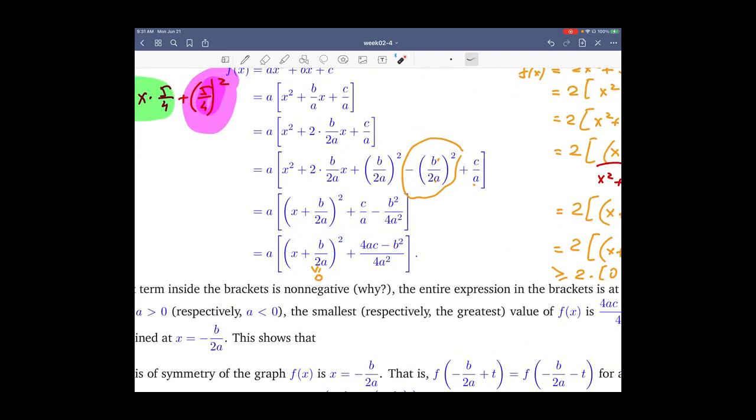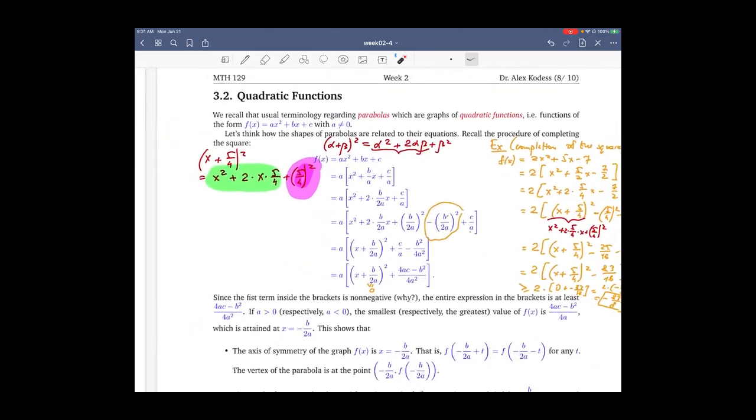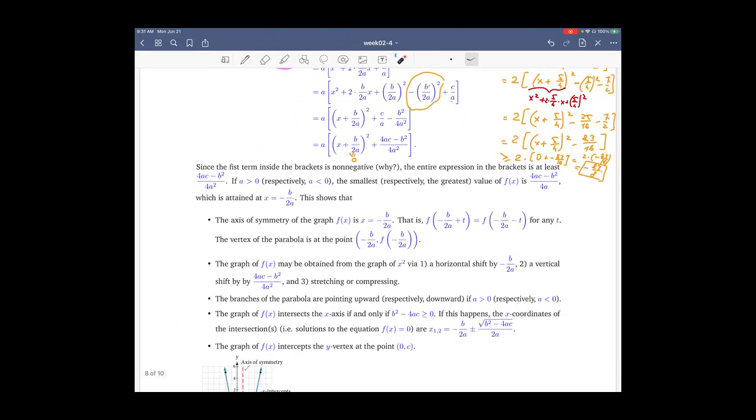in the brackets is at least (4ac minus b squared) over 4a squared, attained when ax equals negative b over 2a. It's either greater or equal, if a is positive, than (4ac minus b squared) over 4a squared times a, or less or equal than a times (4ac minus b squared) over 4a squared when a is less than 0. Either way,